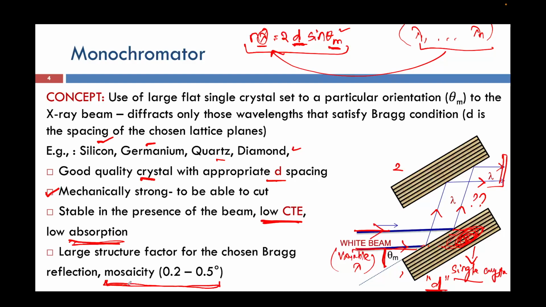Mosaicity means we have considered, now if you look at this crystal, we have considered that all the planes are, let's say here, if you follow my pen marker, you can see all the crystals are oriented in one particular direction. But in real life, that is never the case. Even in a single crystal, all the planes will never be oriented in a perfectly ideal manner. So there will be a little bit, let's say one crystal is oriented like this, another set like this,